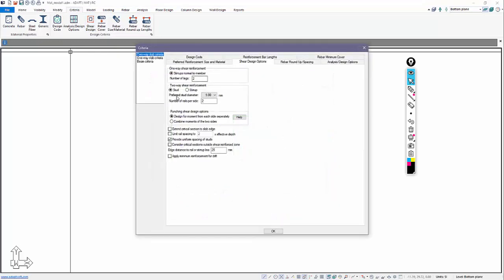We're going to use the option for studs, and we're going to use a 12 millimeter diameter stud. The number of rails per side will be dictated really by this setting here. We're going to limit the rail spacing to 2 times the effective depth per side, and then we're going to create uniform spacing of studs. So we have some settings here just for punching shear.